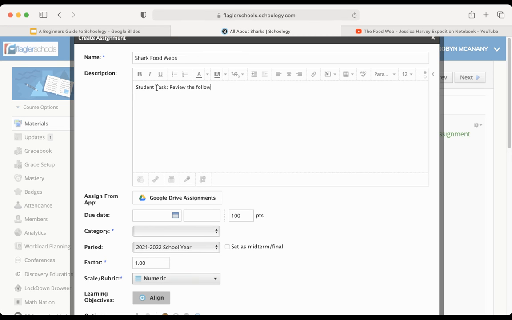Review the following. So I'm going to have them review the following information and create their own shark food web. This could be drawn on the iPad and turned into me. They could draw it on paper and take a picture and turn it into me digitally. They could create an infographic, however they want to do it. Turn your completed project